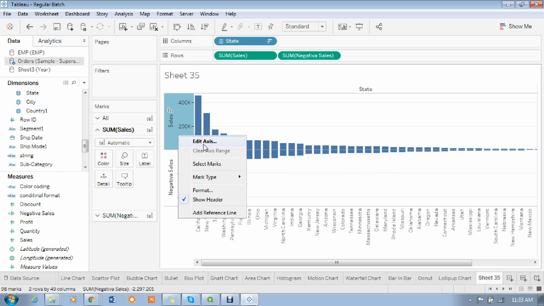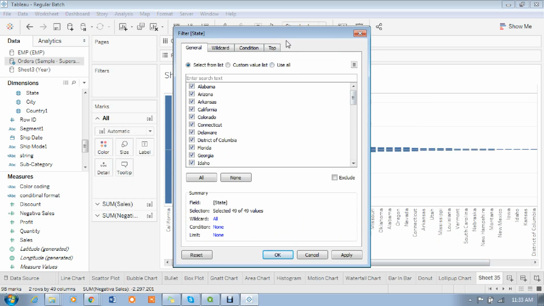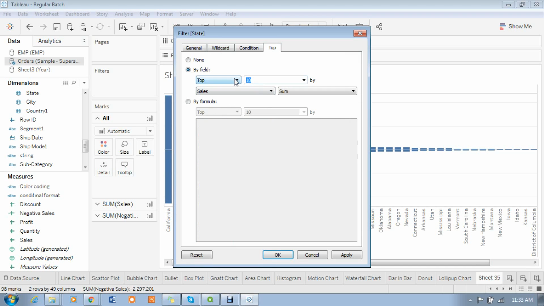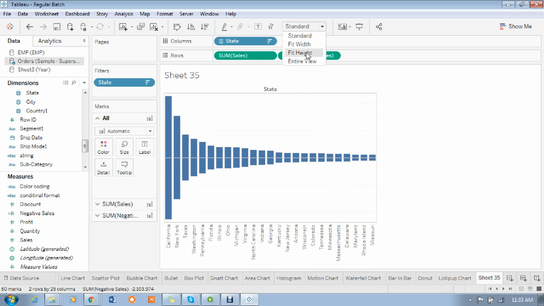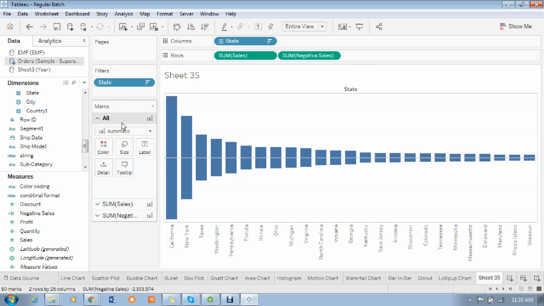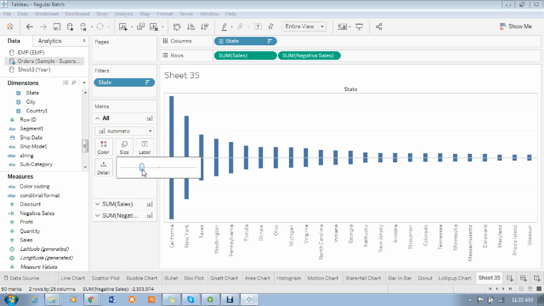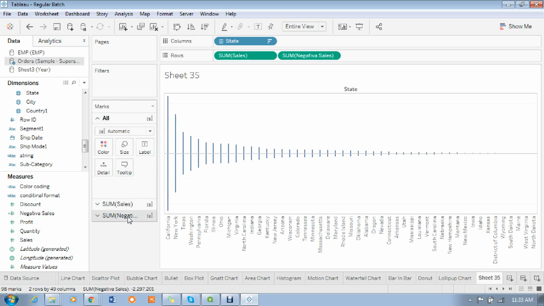Okay, I just remove all these things. Sorry, header I don't want. Okay, I want only the top 10 or top 20 states, madam. I will take, rather than taking all the things by sales, right? Top, okay, 25, let's say. Now you can see only the top 25, madam. Now you can increase the size a little bit if you want, or you can decrease the size also, but for this you need to remember, you can see more values.